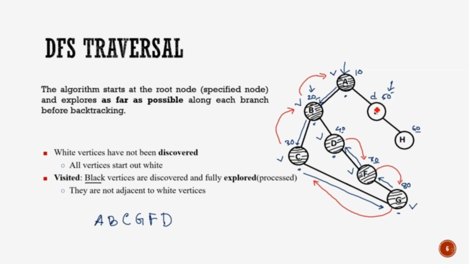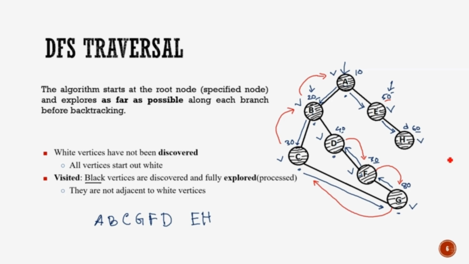When we get back to node A, we see that there is a node at address 50 that was discovered from node A. This node is discovered, but it is not visited yet. So we move to node E. So E is printed. So now we can assign black color to this node and mark it as visited. Now we move to node H. We print the content of this node. So H is printed. There are no adjacent nodes. So we can assign the visited mark and color this node with black color.